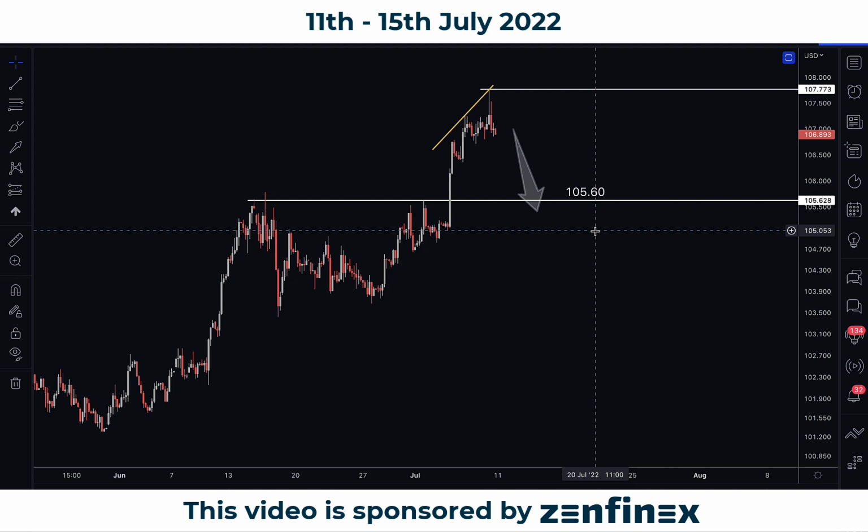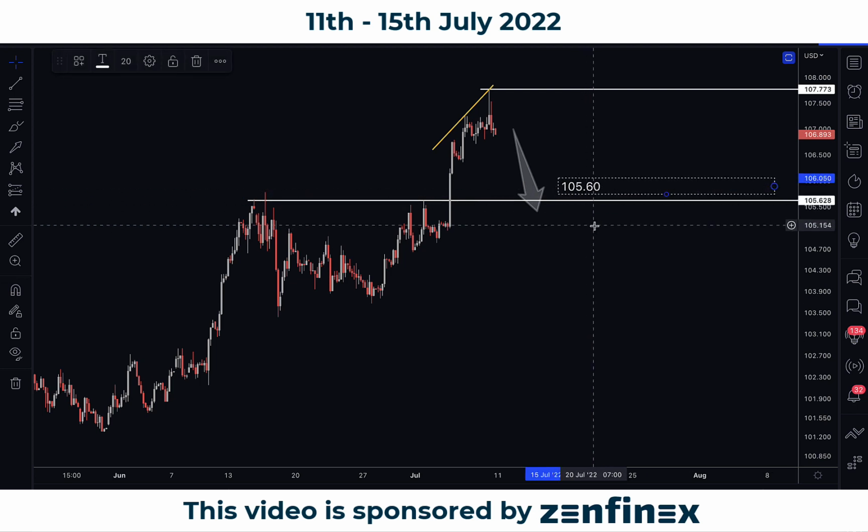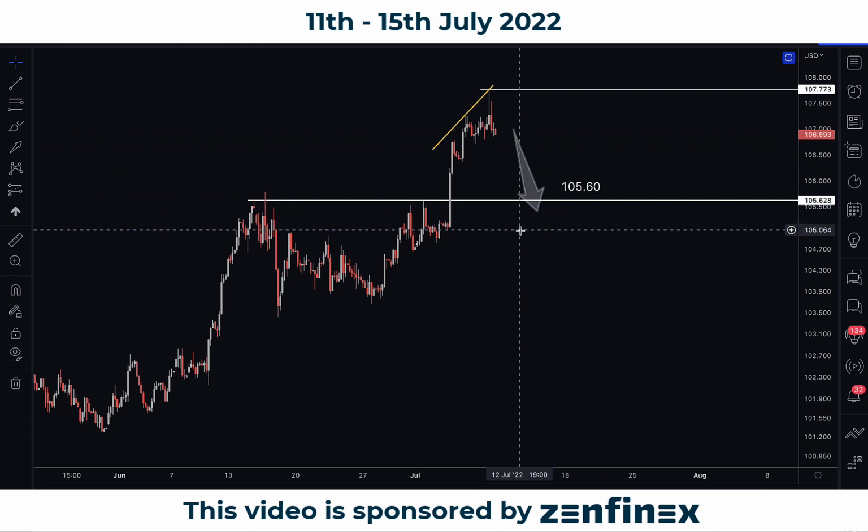Of course, things can change fairly quickly depending on the data coming in from an inflation perspective. So do look out for, in terms of dollar index, around 105.60. There's a good possibility we're going to see that come down and retest 105.60. So if you're looking at a dollar opportunity this week, you can look out for a short-term sell opportunity on it.